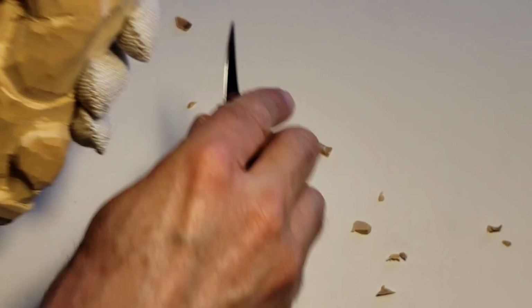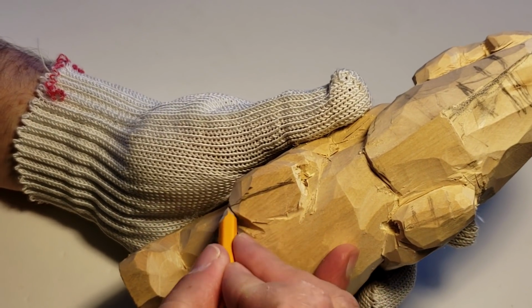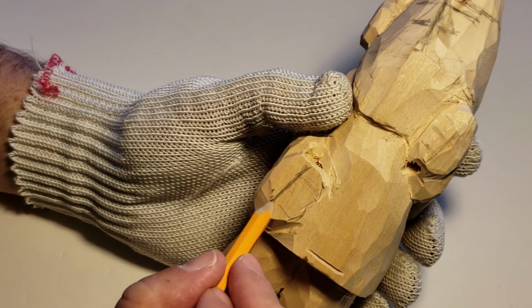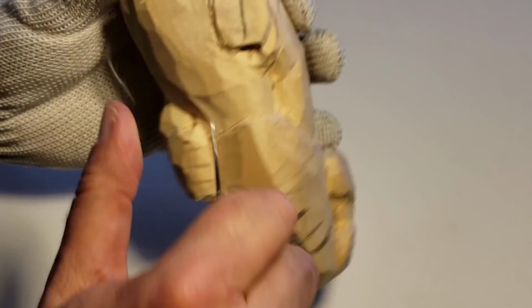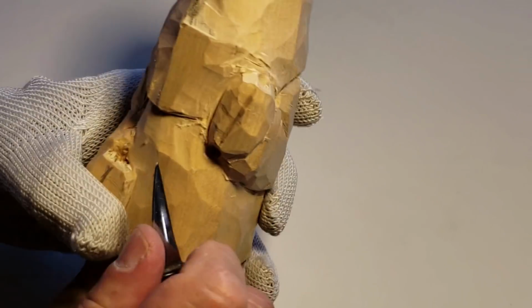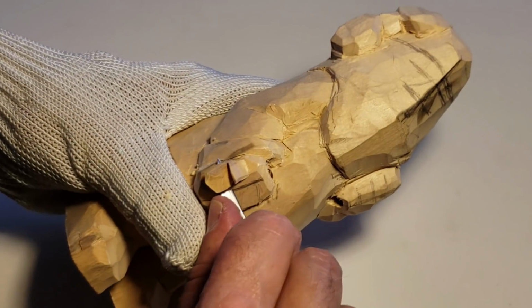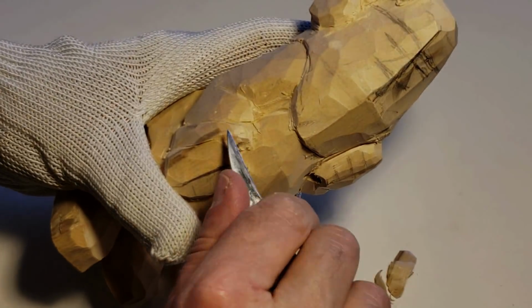So I want the right mark. So again, there's the hole. And I think I got enough. Like we did here, this is where the fingers are going to be. Then we just need to round this off a bit here. Let's get that unsightly cut mark out of there. Now again, be careful you don't get into that hole. Watch where that hole is. And we remember we want to round it because that's this part here. And we want to